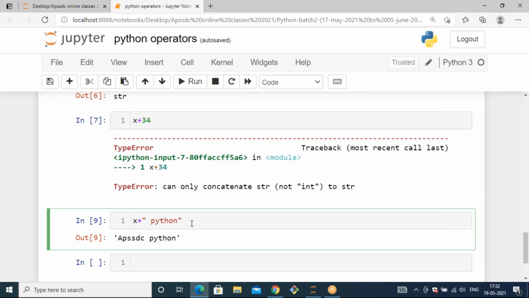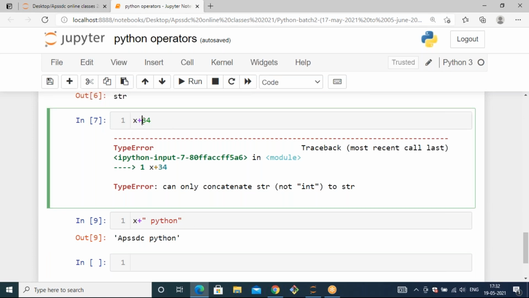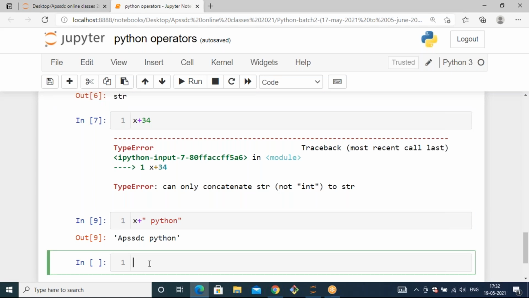Whenever you have the same data types only, you can add them. Yes, you can define this 34 within quotes, and then it becomes possible again. See, if I pass x plus 34 in quotes, is it working or not?